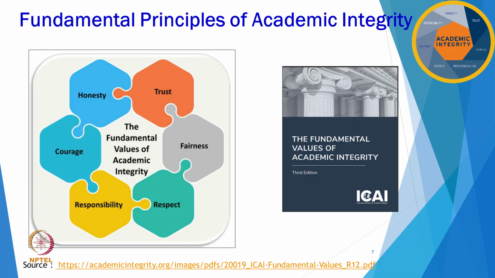According to International Center for Academic Integrity, ICAI, academic integrity is a commitment to 6 fundamental values, which are honesty, trust, fairness, respect, responsibility, and courage. So, I would say that these are the 6 pillars of